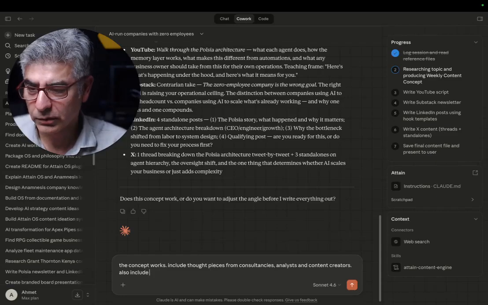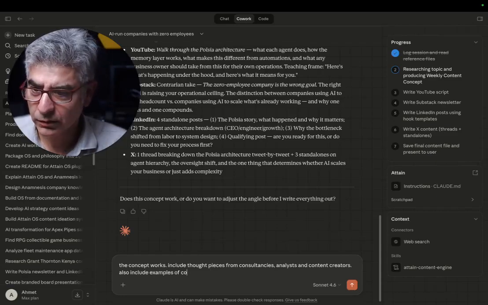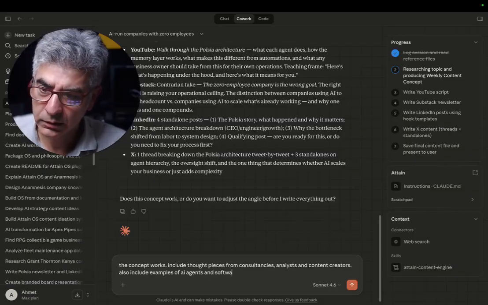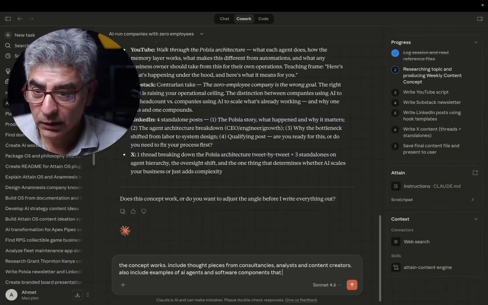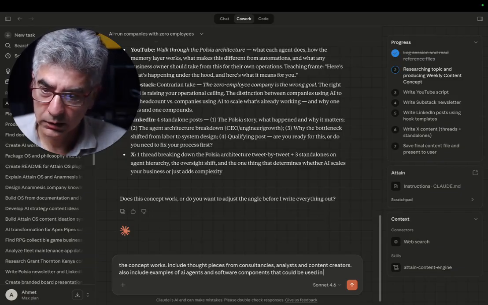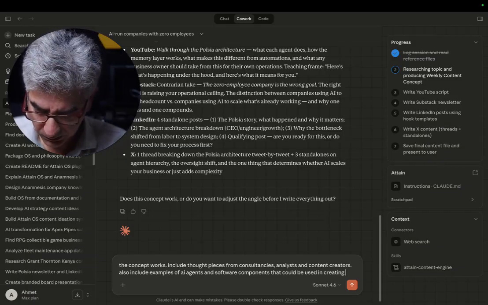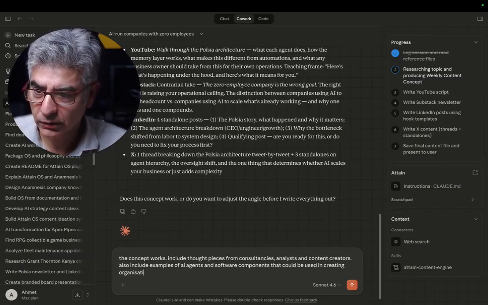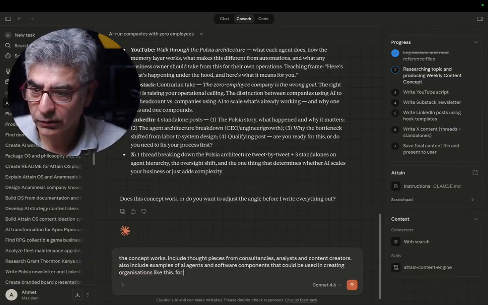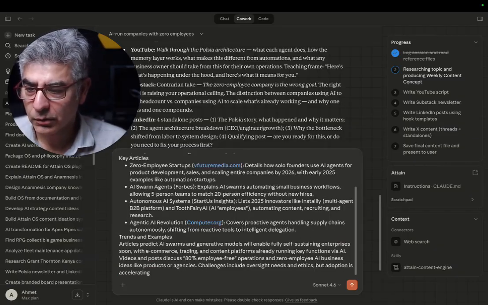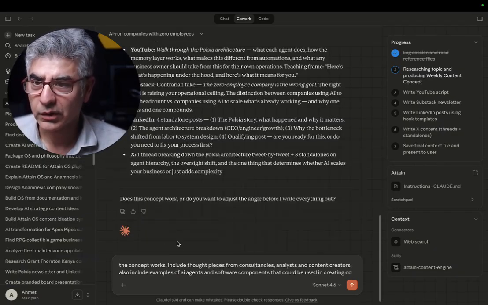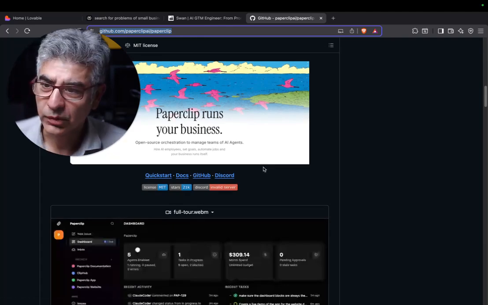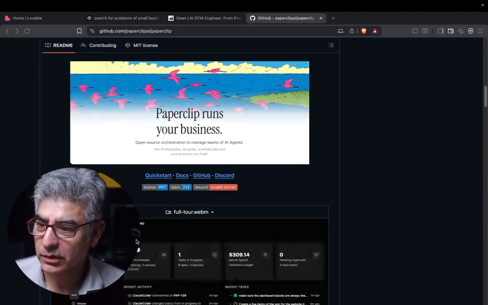Also include examples, components of AI agents and software components that could be used in creating organizations like this. For example, Paperclip is an open source orchestration layer to manage teams of AI agents.